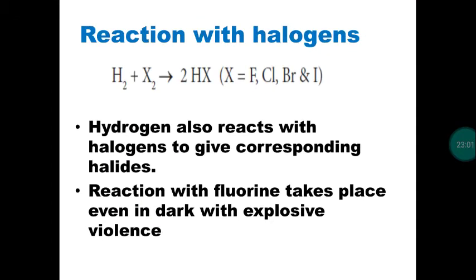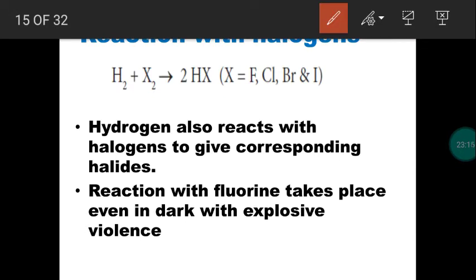Next reaction, hydrogen combines with the halogens, it forms hydrogen halides. For example, HF, HCl, HBr, HI. So all types of hydrogen halides can be prepared by this method. When hydrogen combines with any one halogen like fluorine or chlorine or bromine or iodine molecule, it produces hydrogen halide, right? Okay. So consider each halogen. When hydrogen combines with fluorine, the reaction takes place only in the absence of sunlight. Only in dark conditions the reaction will take place, and this is also an explosive reaction, right?